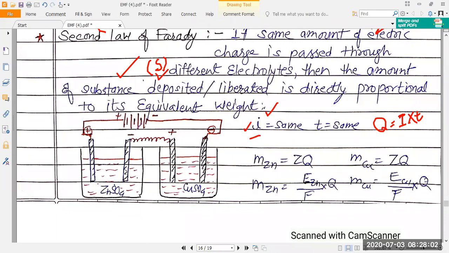And if the current flows for the same time, suppose a definite amount of current is passing through the electrolytic cell for 10 seconds each, suppose for 10 seconds we flow the electric current,